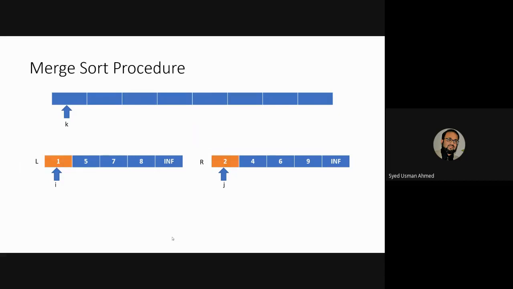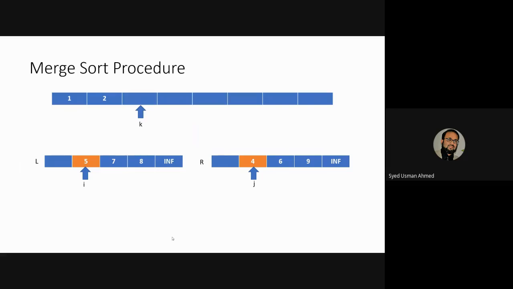Now let's begin. I have two numbers, 1 and 2, right? 1 is pointed by I and 2 is pointed by J. So if I compare Li and Rj, I find that Li is lesser. So I will move this Li to the Kth position and increment the value of I by 1 and increment the value of K by 1. J remains where it was. Now I compare Li with Rj and I find that the element of Rj is lesser. So I will move this Rj to the position pointed by K and increment J. I remains untouched, right?